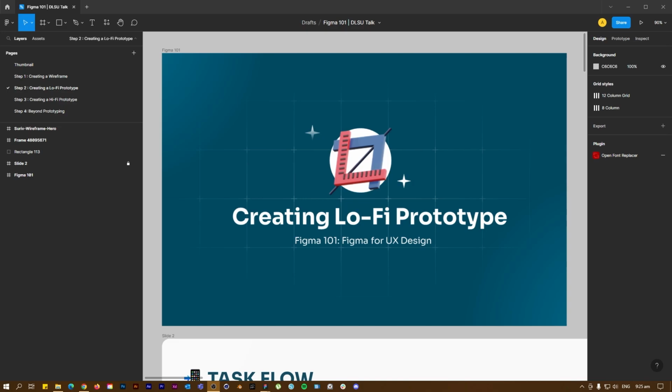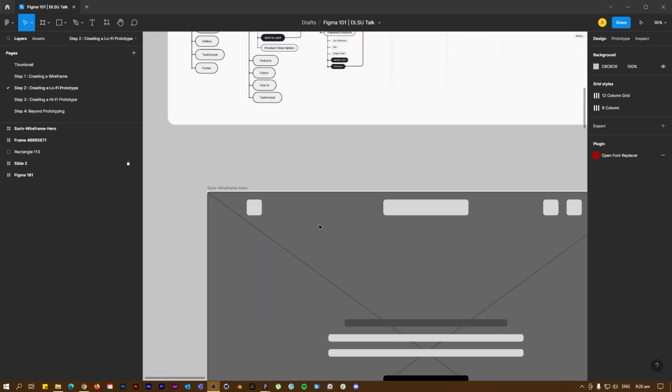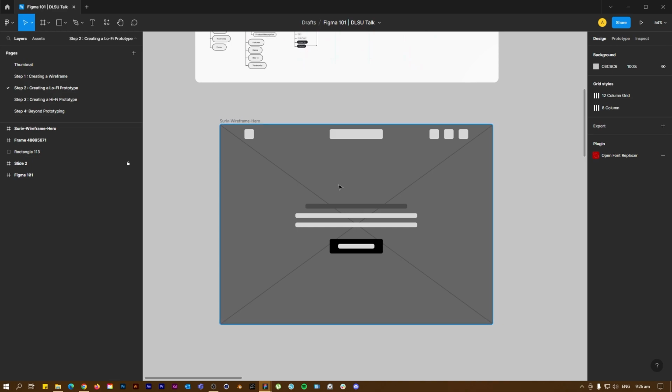We are now on the second step of our project, which is to create the LoFi prototype of our hero section. Since this is a LoFi prototype, as per our discussion a while ago, it should have some kind of interaction. But since, again, we are limited of time, we're going to postpone the interaction and put it in the hi-fi prototype step 3. To start with, in our LoFi prototype, don't forget to paste your wireframe that you have created